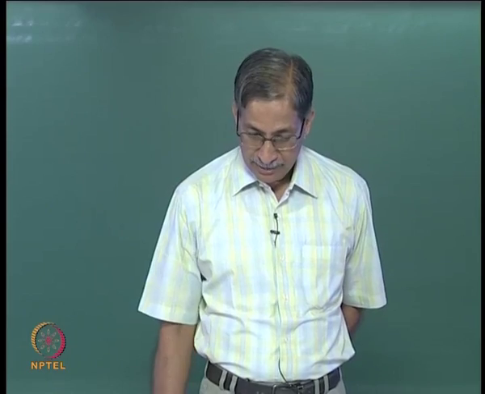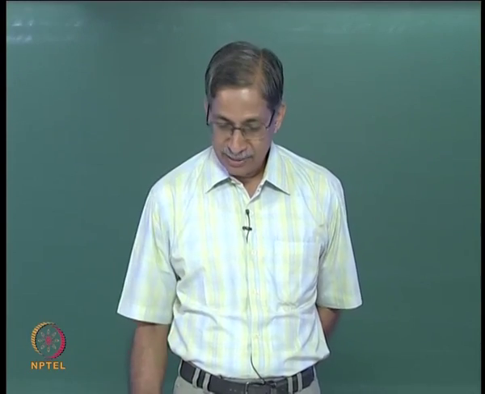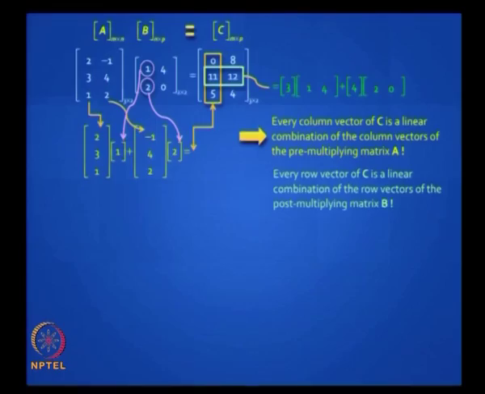You can do another operation in the other direction, and you will prove that every row vector of C is a linear combination of the row vectors of the post-multiplying matrix B. That is just a physical meaning to it. So the moral of the story is you can blindly do matrix operations, but you can also do them with your eyes open and figure out everything makes sense. You are playing with vectors,